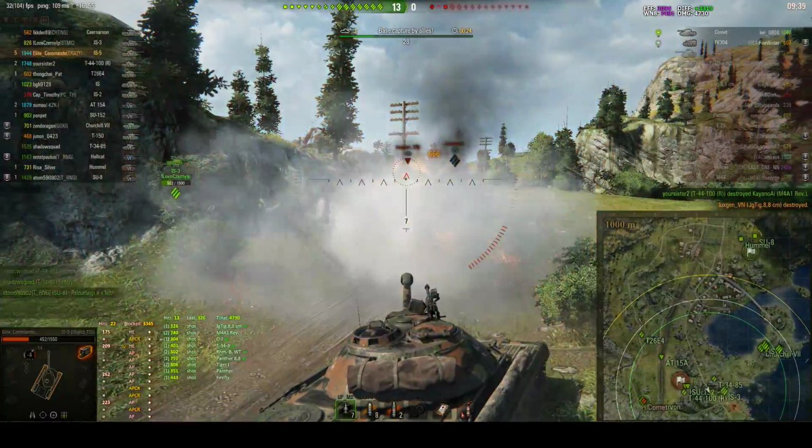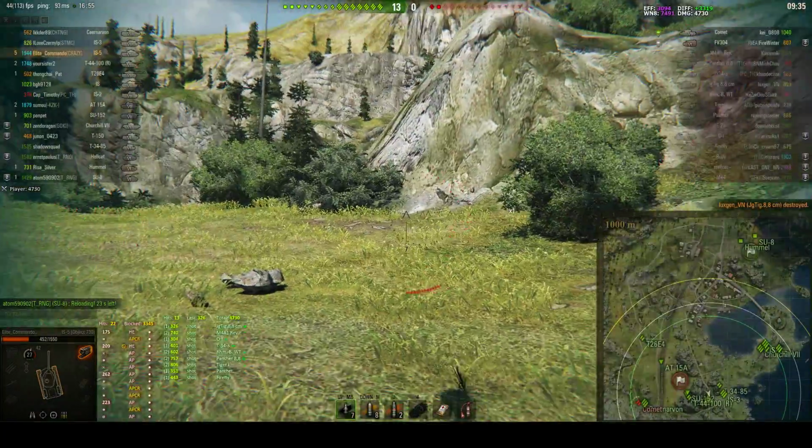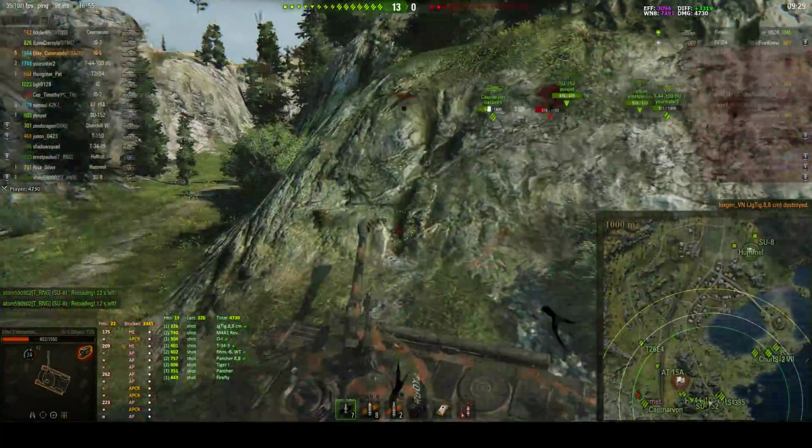There's the Jag, he's got his side. Boom, there goes the Jag. 5 kills. Can he pick up a top gun? There's only 2 left. Not much chance of Elite Commando killing that Comet because he's on sort of the other side of all these